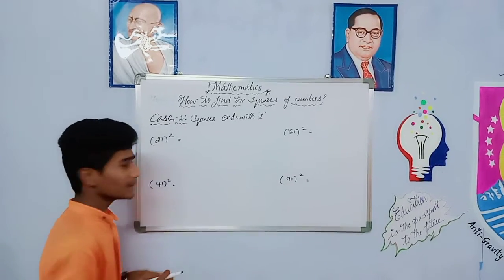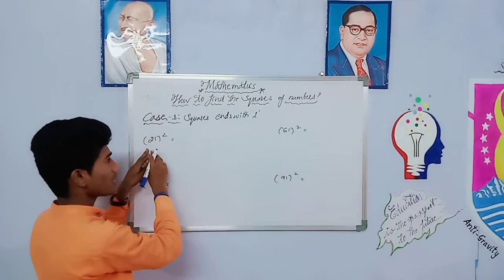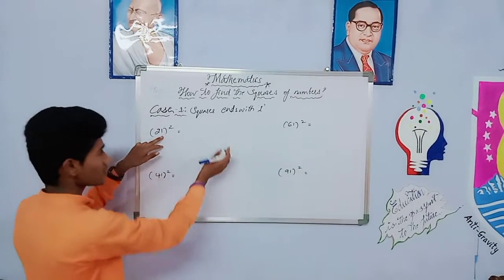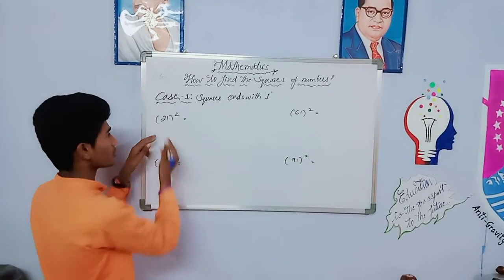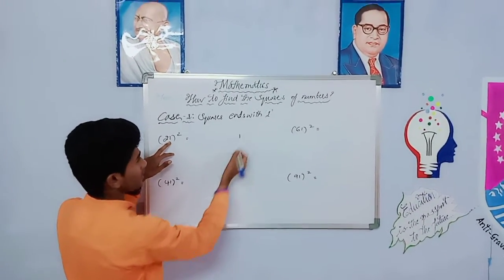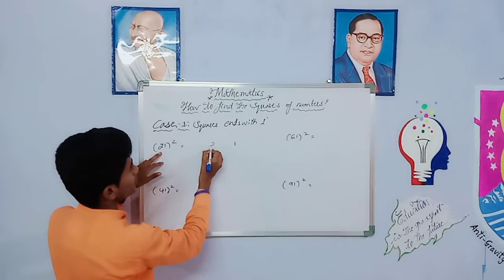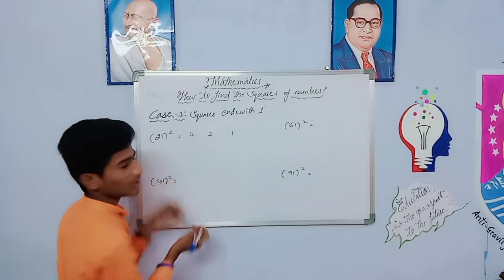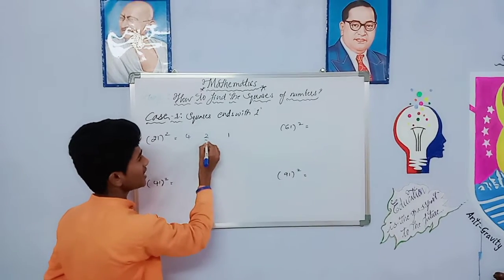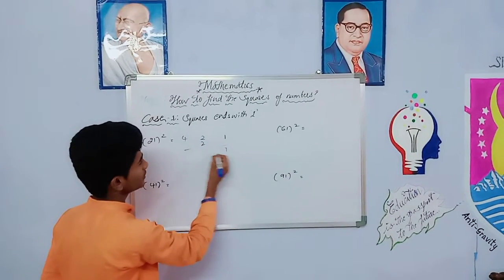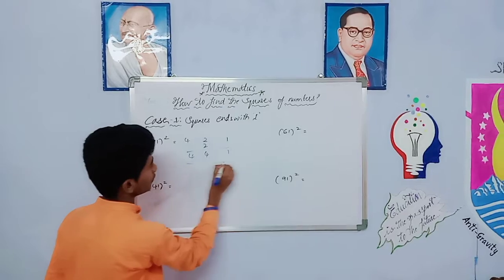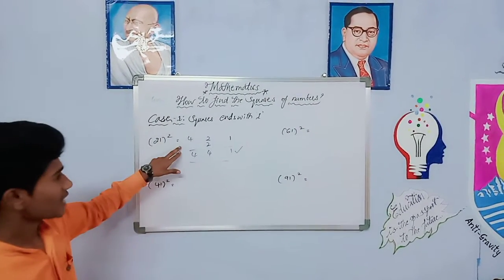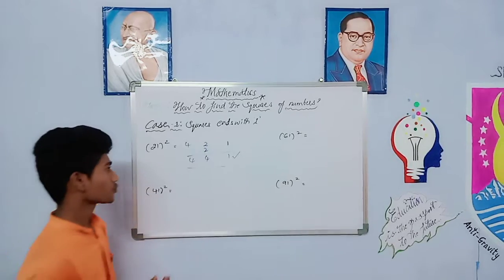When the squares start with 1, we move from left to right. Here, ending with 1, you have to come from right to left. You can simply have 1, reverse process, 2. Square the first digit, 2 square equals 4, and the same process, add the same number in the middle, 2 plus 2, 4. 4, 4, 1. 21 square equals 441. Yes or no? We got the same answer in seconds only.